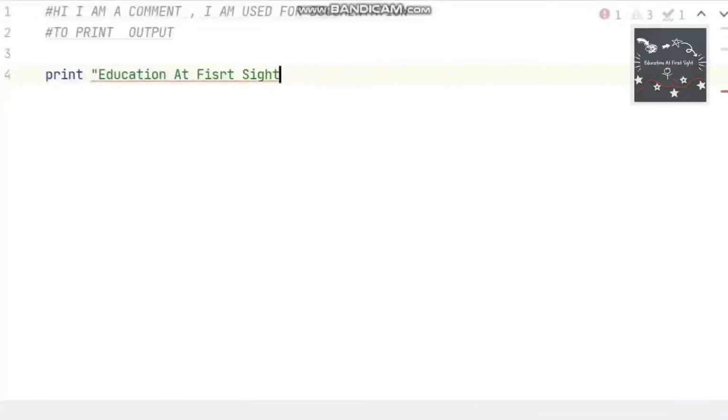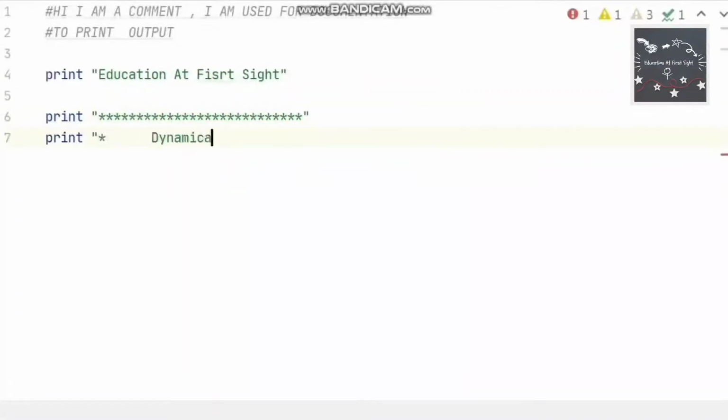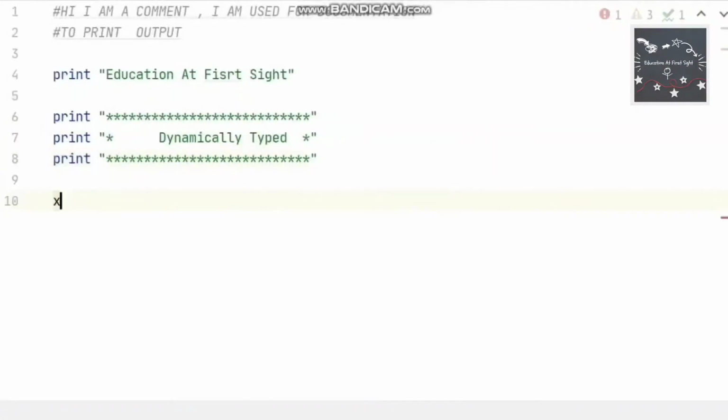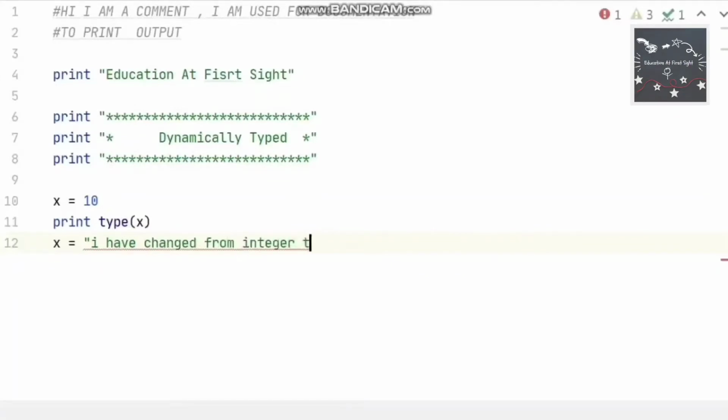Now, we all know that Python is a dynamically typed language, which means the type of the variable is decided at runtime. Let's see how it happens. So I am assigning x to an integer 10. Now I am printing the type of x. Now I am assigning the same x with a string.